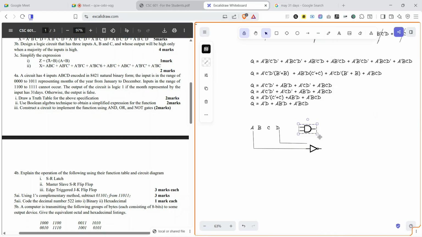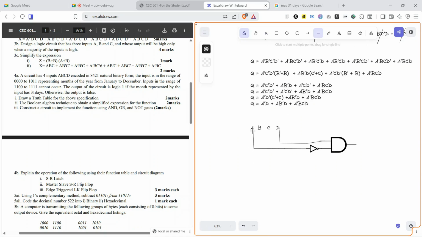So this is the AND of these two. It's supposed to be a straight line, but because I'm trying to manipulate this design, that's why I'm drawing it like this. So A bar D will be like this. So the second one is